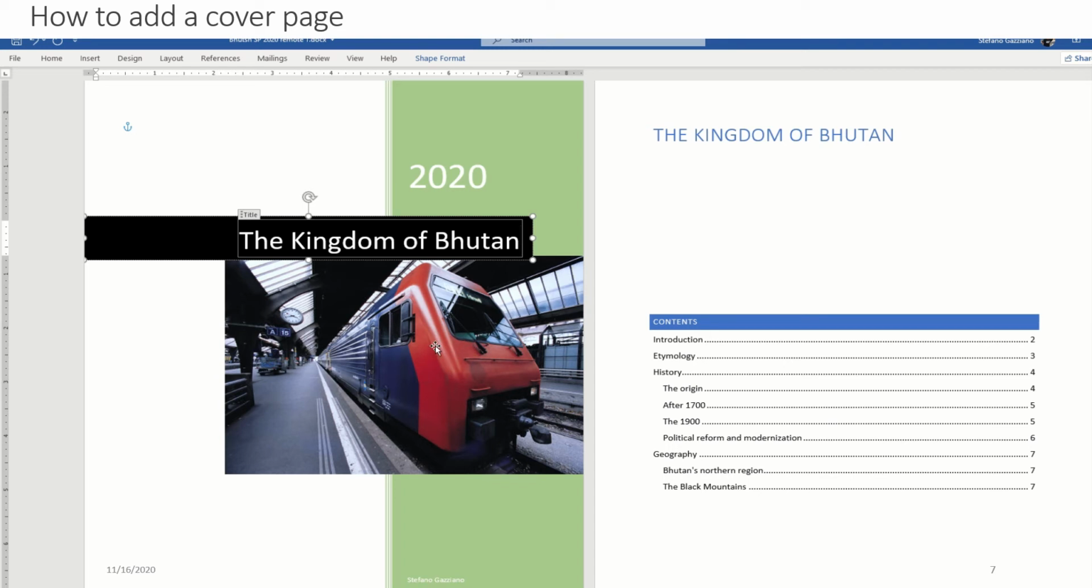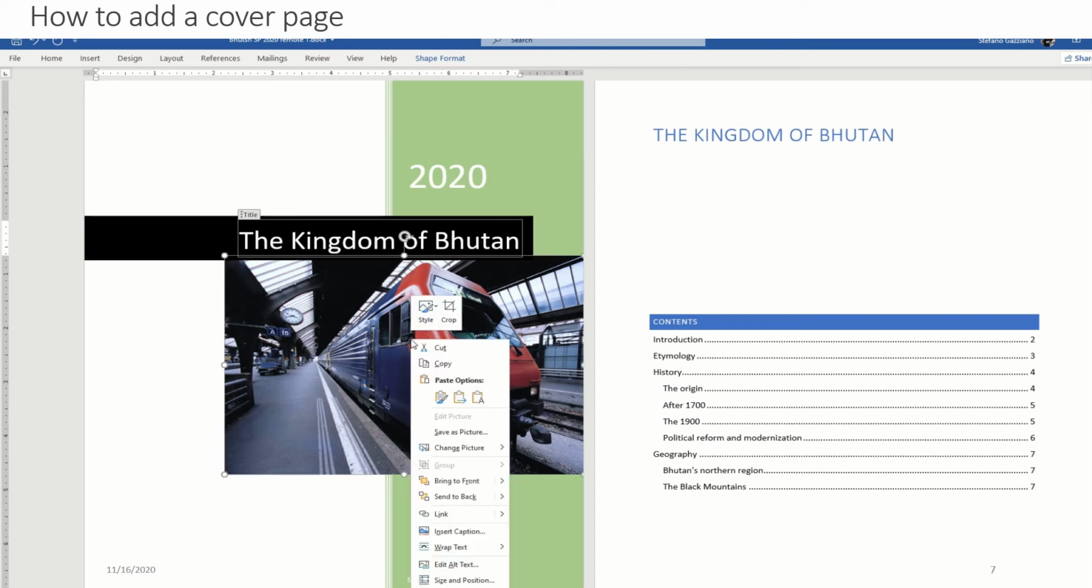So we have to change this train. We right-click on the picture and we select Change Picture. Now, in the unlikely event you already have on your computer a picture from Bhutan, you can choose from a file. Otherwise, from online sources, it's always a good recommendation because the cover page does not necessarily have to be faithfully representative of the content. We want to choose something which is somehow related to the argument we are actually writing about. So from online sources,